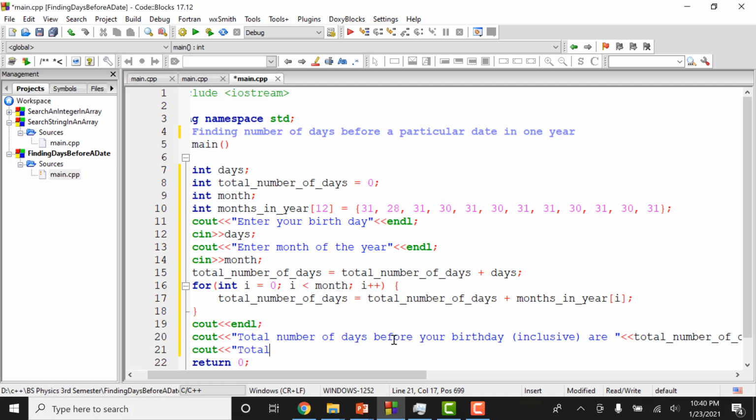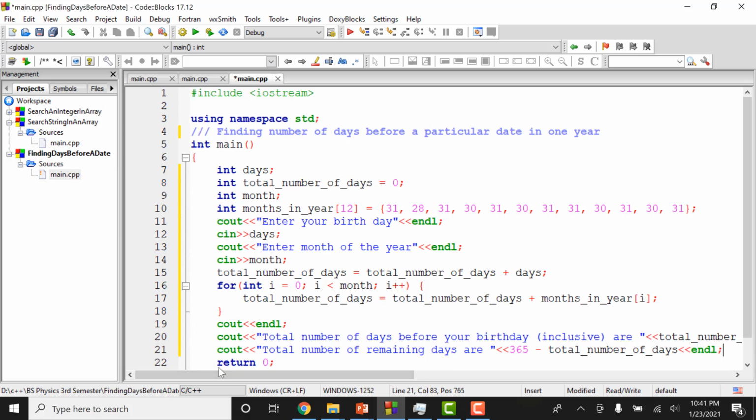Cout: total number of remaining days are. So let me say total number of remaining days will be 365 minus total number of days. Okay, so with that, I'm going to run this program, and we are going to see